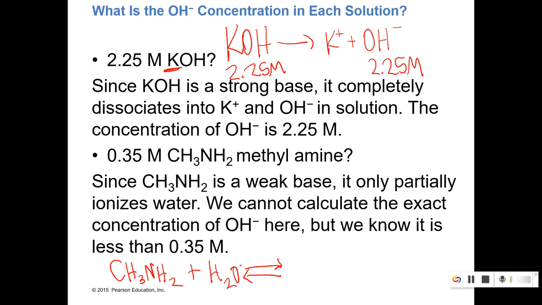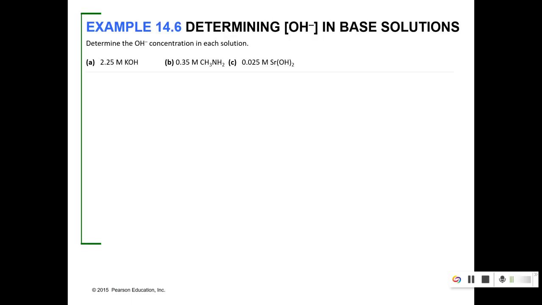That's how it looks. They will produce, so this one will shift here, CH3NH3+ and our hydroxide, so we get that hydroxide concentration. Now because this is weak, this is going to be less than that amount. So it'll be less than 0.35 instead of being equal to, just like with the acids. All right, so we've done A